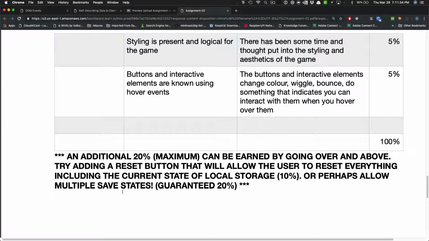An additional 20% can be earned by going over and above. Try adding a reset button that will allow the user to reset everything. So they've been playing along, incrementing, decrementing their score, and then they decide, I just want to start fresh, from scratch. So they click the reset button, the score resets to 0, all their past questions are wiped, their local storage has been wiped, and they're ready to start from 0. That'll earn you 10%